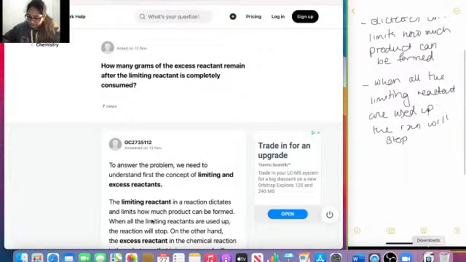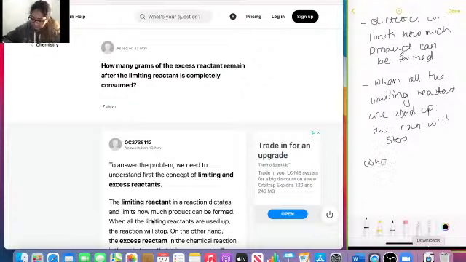And so basically this is what the limiting reactant does. When you have a certain amount of reactants in your equation, you would be able to make that much of a product. When you have used all of it up, you'd be finished making your products. Whereas on the other hand, the excess reactant,